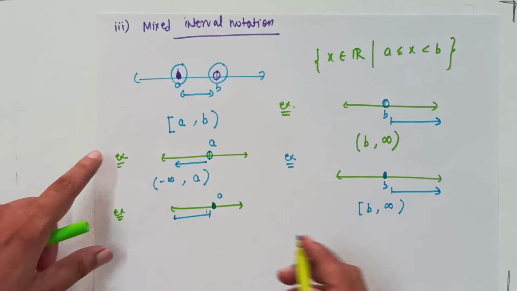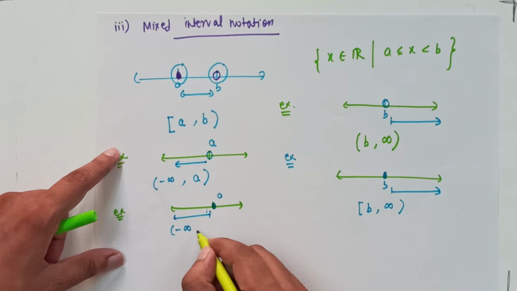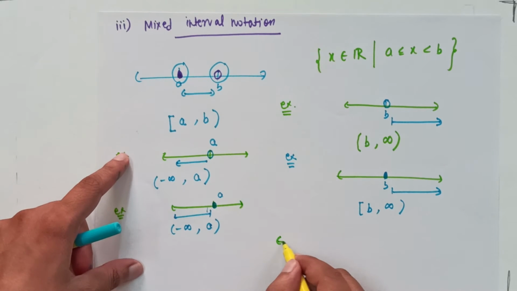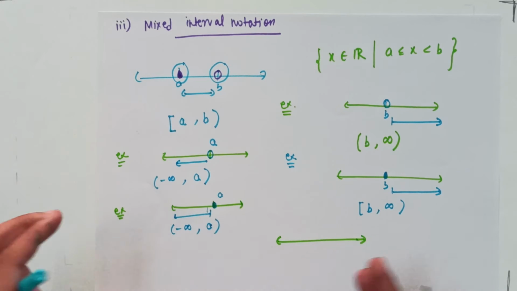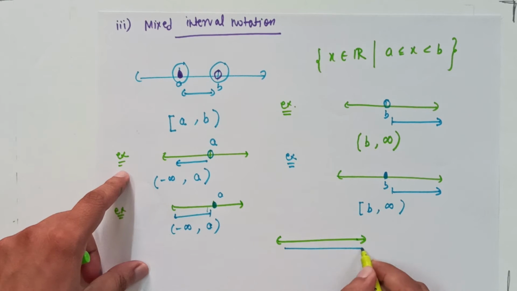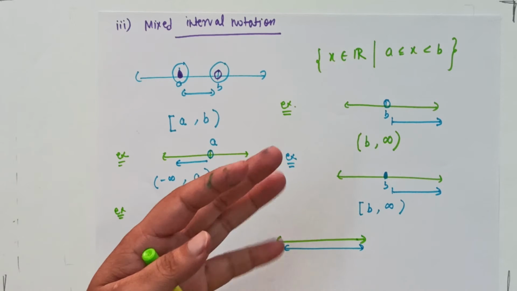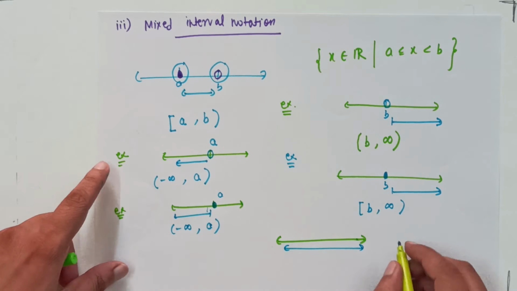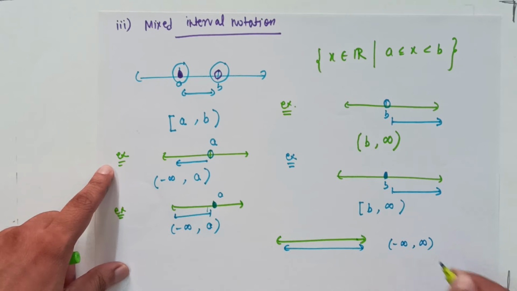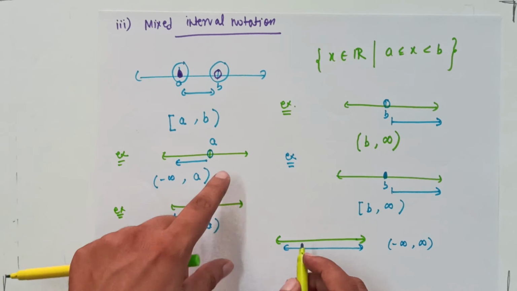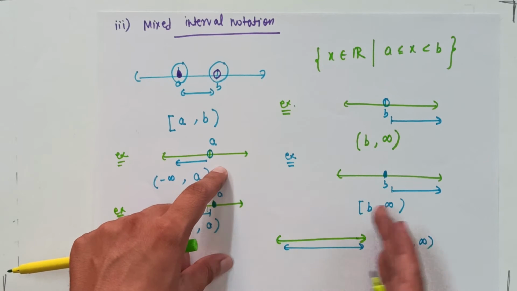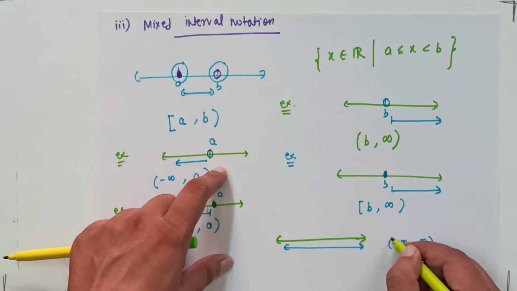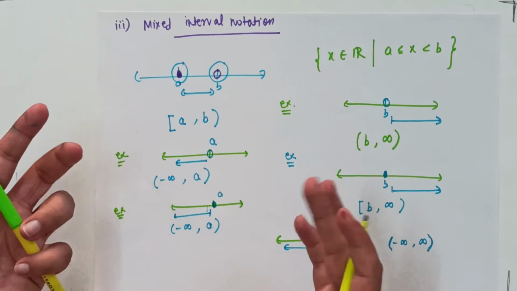So what will be the interval notation? It will be minus infinity, comma A. Now suppose I take a number line, and I can go anywhere on this number line, like this and this. I am covering the whole of the ground, all real numbers. So how am I going to write the interval notation for it? It will be simply minus infinity to infinity. Now you can see we just proceed from the left side and go all the way towards the right. So we are starting from minus infinity and going all the way towards infinity, and we have to enclose it in round brackets because they both are not numbers.